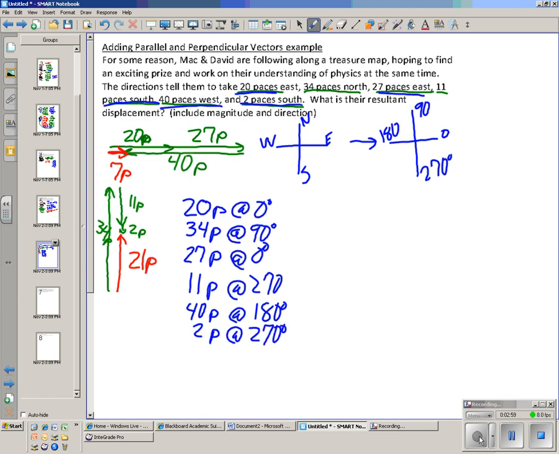Okay, that's south. Now, I could not simply add and subtract these like regular numbers because even though some are